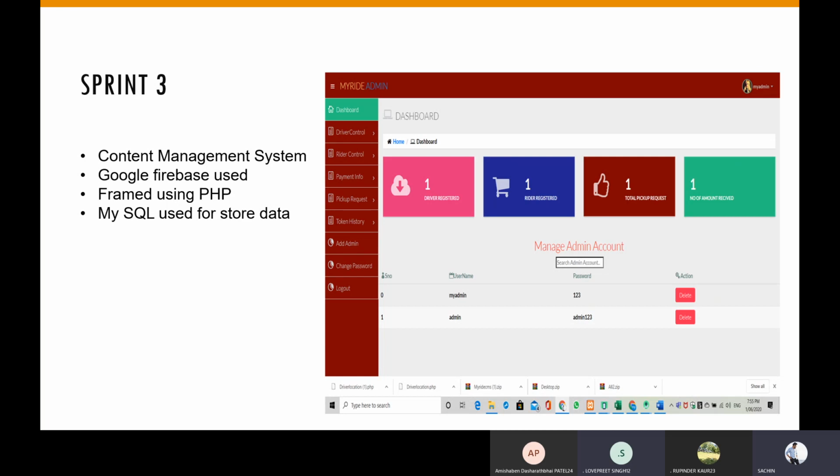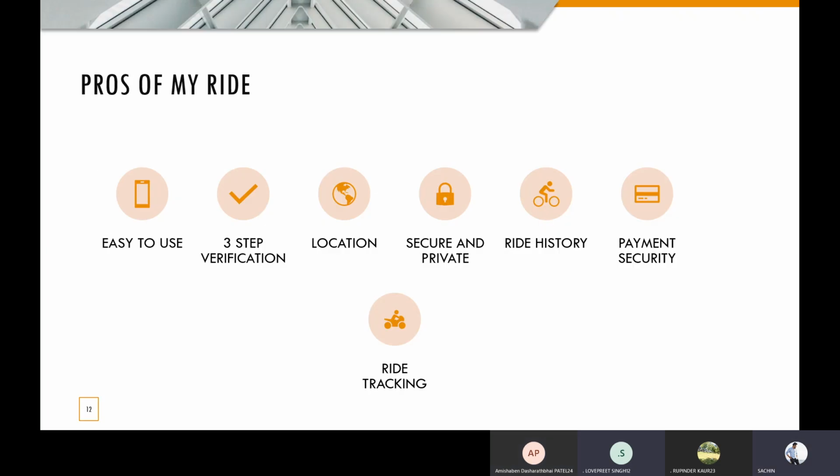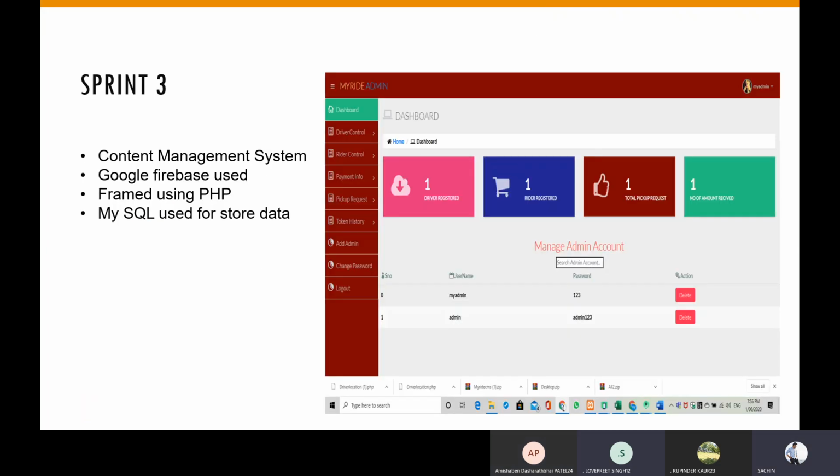In CMS, we have put all the information like driver control, ride control, payment information, pickup request. In CMS, we can easily edit and delete any information or data of both the apps. And we can also change the admin.